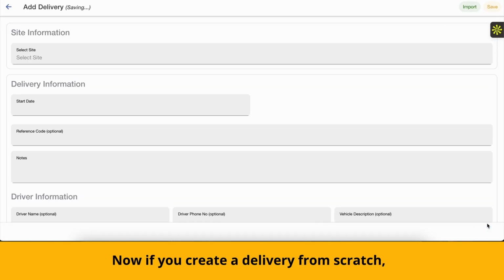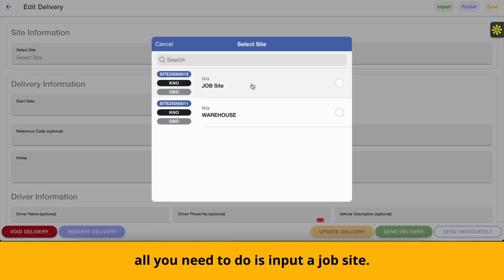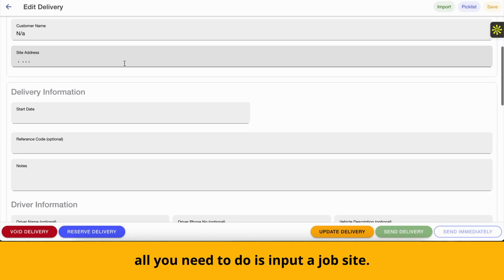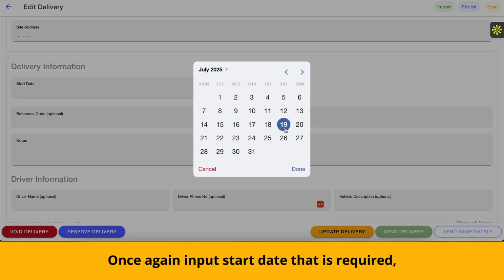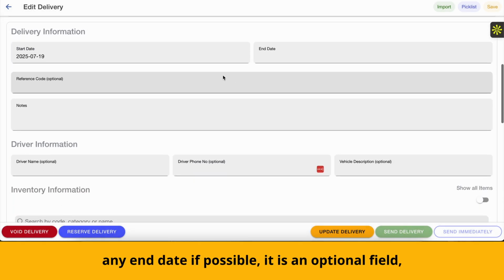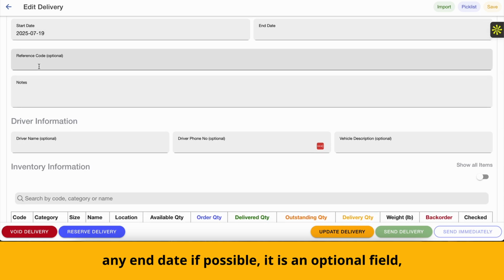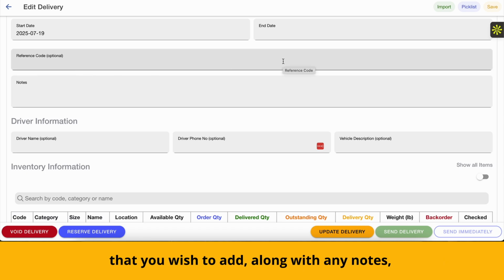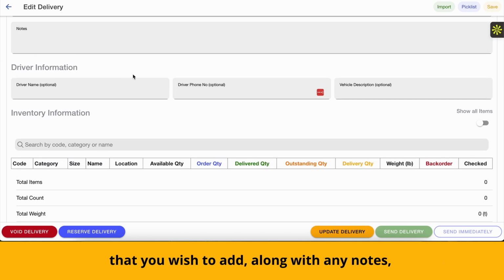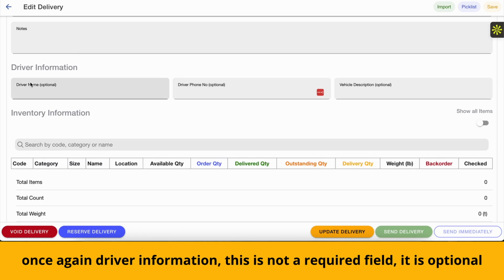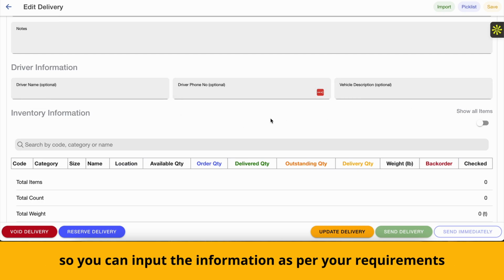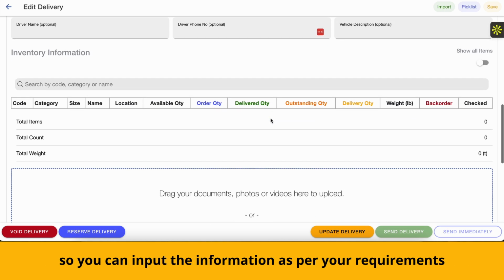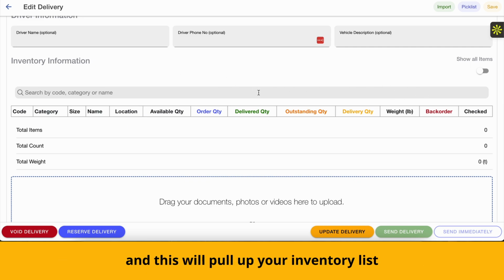Now, if you create a delivery from scratch, all you need to do is input a job site. Once again, input a start date that is required, and any end date if possible. It is an optional field. Any reference codes or third-party supporting documentation that you wish to add, along with any notes. Once again, driver information. This is not a required field. It is optional, so you can input the information as per your requirements,